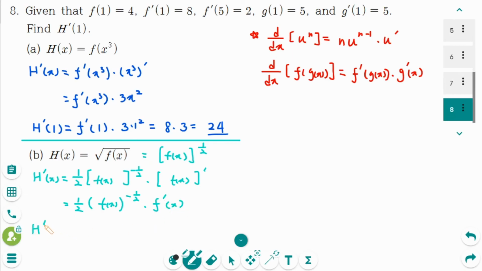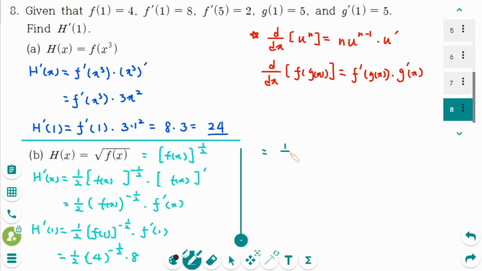So h prime of 1 equals 1 over 2 times f of 1 to the power of minus 1 over 2 times f prime of 1, where f of 1 equals 4 to the power of minus 1 over 2 and f prime of 1 equals 8